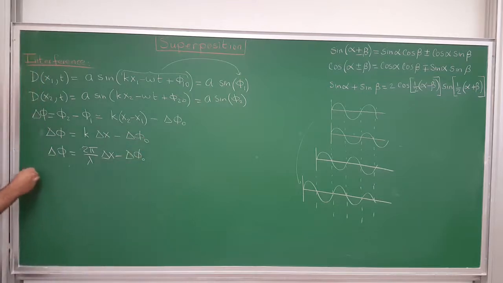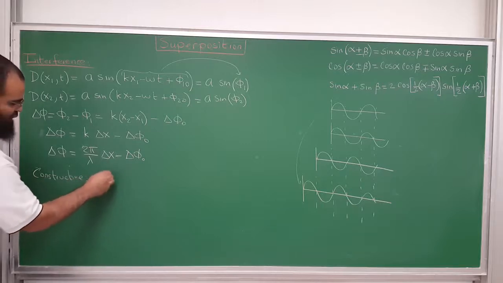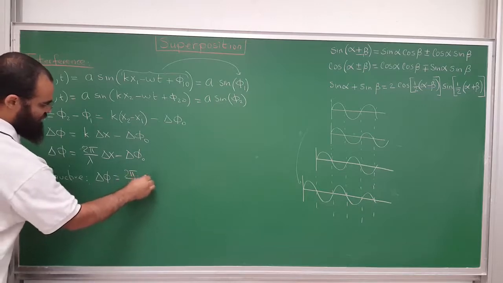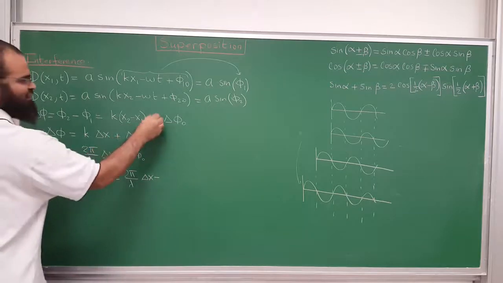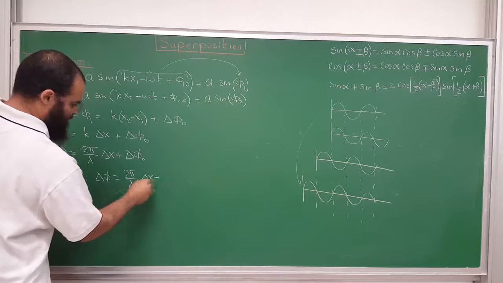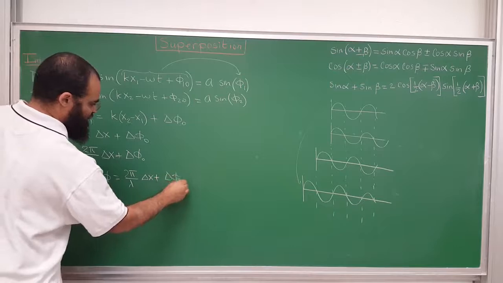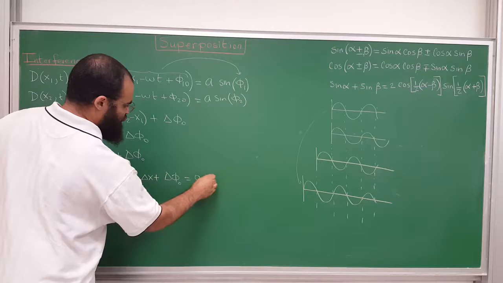So for constructive interference, if delta phi, which is equal to 2 pi over lambda delta x, I should say plus actually, plus delta phi 0, is equal to 0, or 2 pi, or 4 pi,